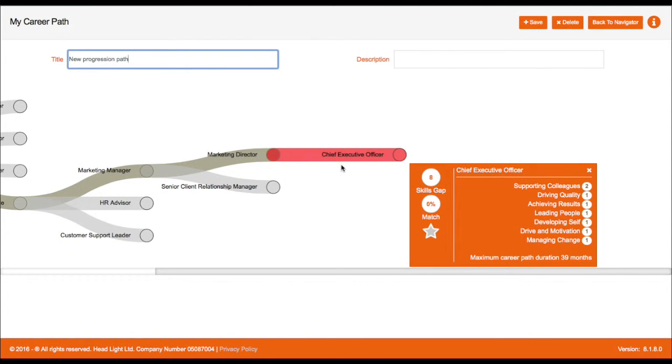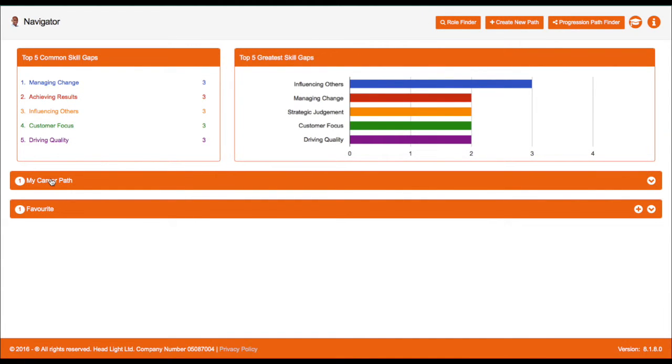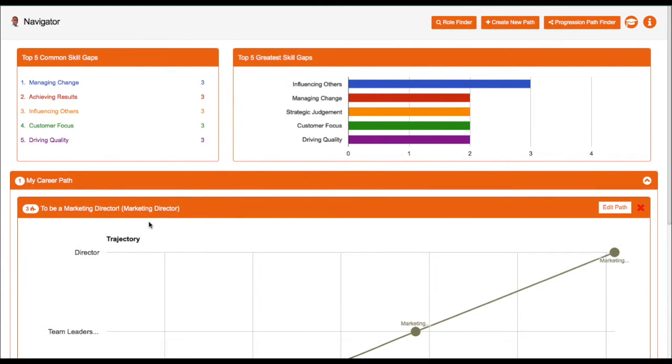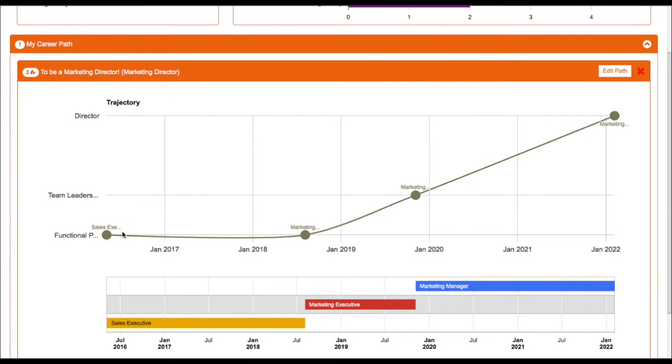He decides that becoming the CEO is probably a little too unreachable right now. Now, back at his dashboard, he can see that he has a saved career path. Opening it up, he can see the roles in the path, a timeline, and as he looks at each role, it shows how many new or enhanced skills he can expect to acquire as he progresses through the roles over time. So, he is a sales executive right now and can expect to develop the 10 competencies in this role